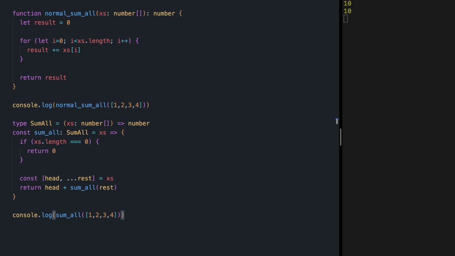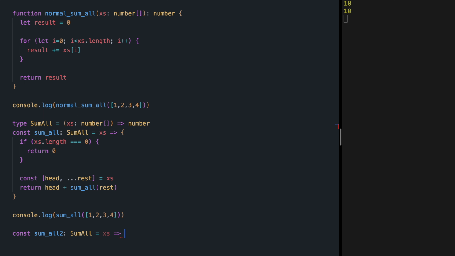All right. As I said, in functional programming, we really like to see everything as a formula, as algebra equations. So let's try to do that this time. const sumAll2 of type SumAll is going to receive an array of numbers.